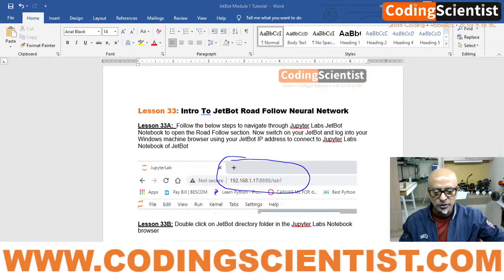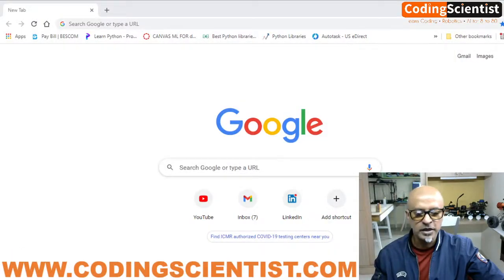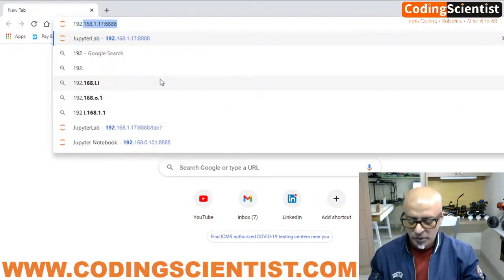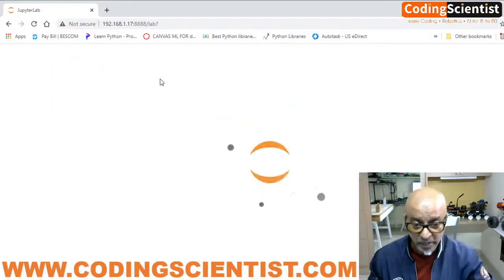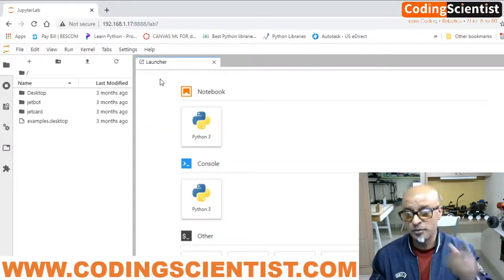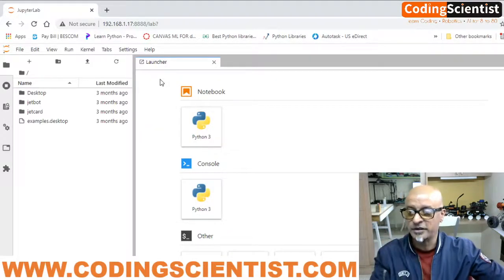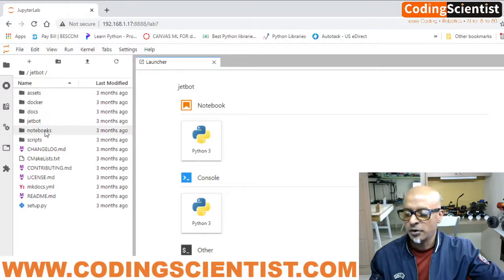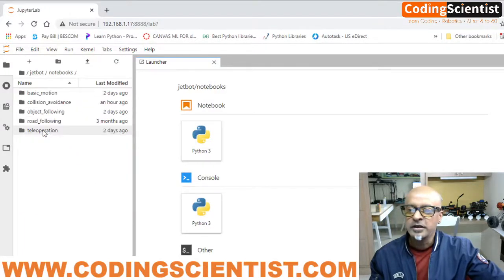Alright guys, so let's take a look at it. I'm going to log into my Jetson Nano JetBot. There you go. 192.168. This is my IP address, and your IP address might be totally different, so do not follow exactly what I'm doing. You've got to make a note of your IP address and put it right there. Now let me open JetBot and then go to notebooks, double click,